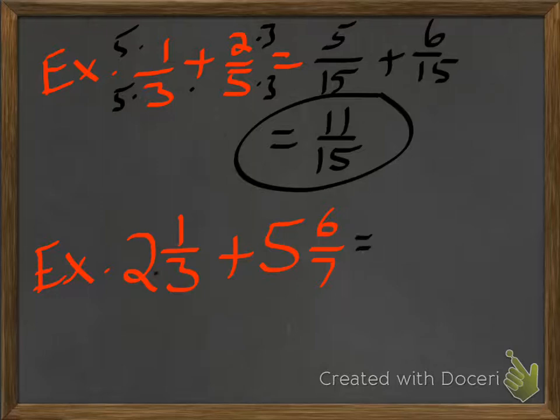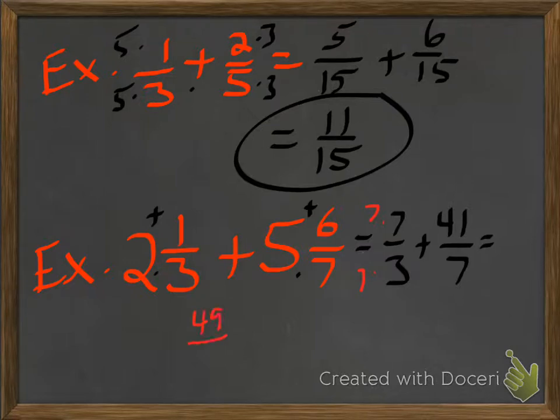3 times 2 is 6, plus 1 is 7/3. 5 times 7 is 35, plus 6 is 42. Oh, whoa, 41 over 7. Now we have to get a common denominator. Well, the least common multiple for these is 21. 3 times 7 is 21. So that means I have to multiply the 3 by 7 and that 7 by 7. So I get 49 over 21